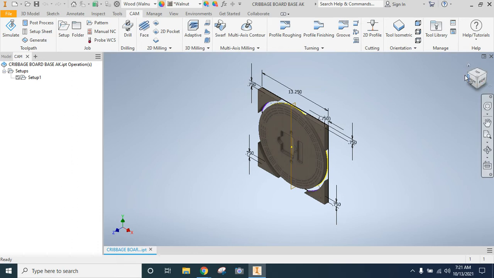All right, so now I've got that saved. Anytime I hit this disk up here now, it'll just automatically save that to my Google Drive. So now we're going to generate or create some tool paths. On the CAM tab, I am going to come to 2D milling. I'm going to click this drop down. And the first thing I want to do is make a 2D pocket,